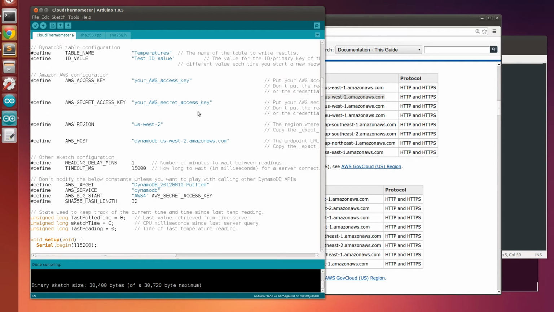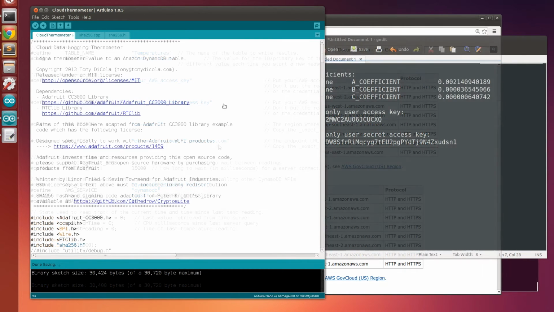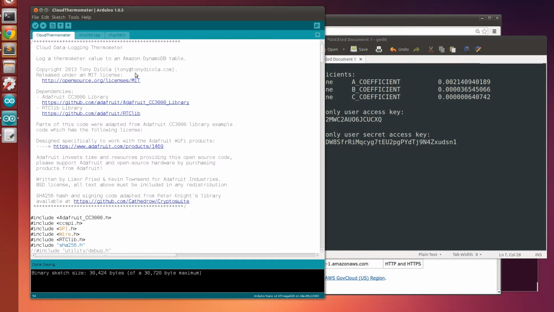I'm going to copy in my access keys and then come back in just a moment, and we'll compile this and load this on the hardware. And we're back. So I've copied in my access keys, and let's compile, and then let's load it on my